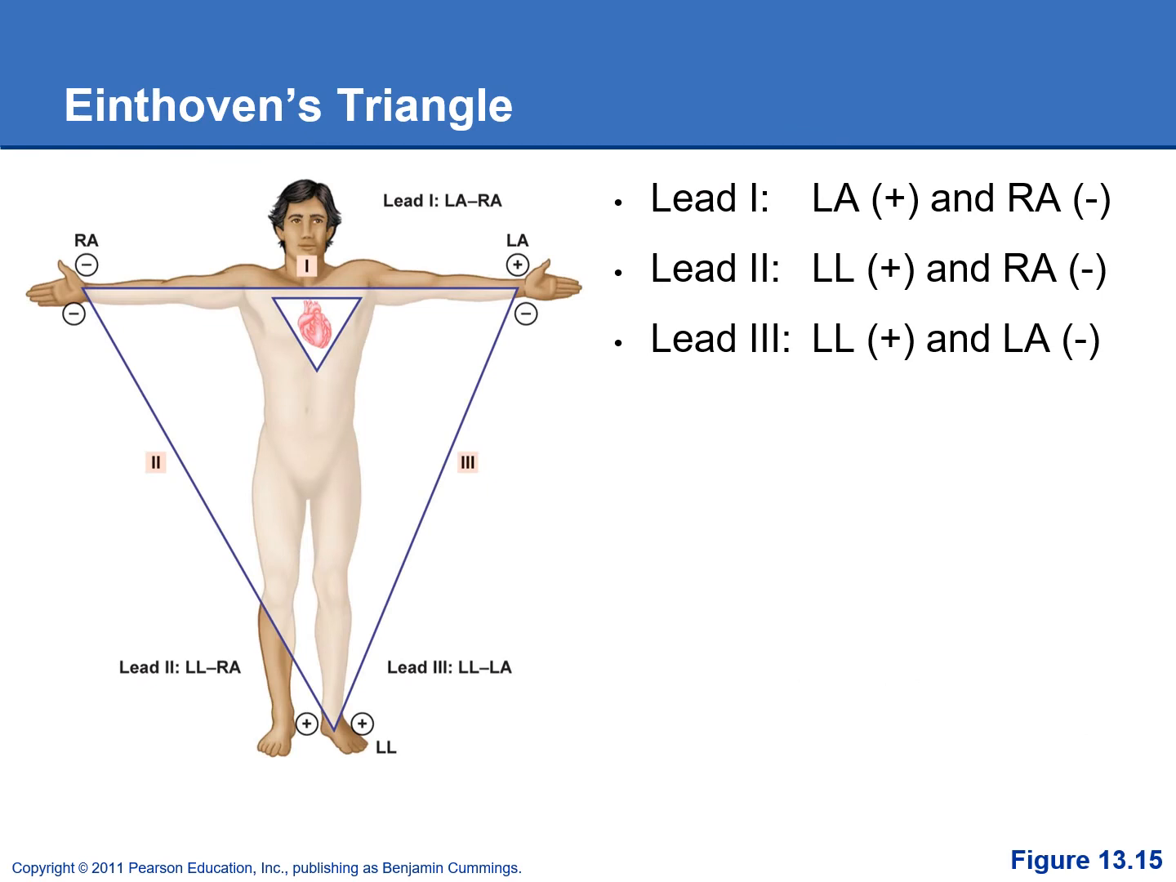So we use leads to pick up the electrical activity from the heart. It's actually transmitted through the skin, and so we can pick that up with our ECG. So this is called Einthoven's triangle. You do not have to memorize this, but it just shows you the angle that we look at the electrical